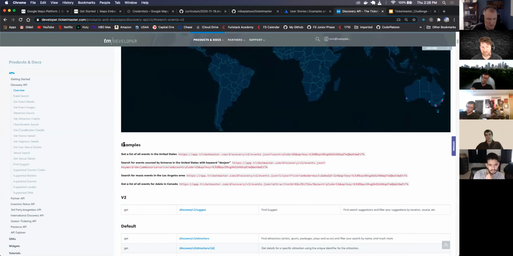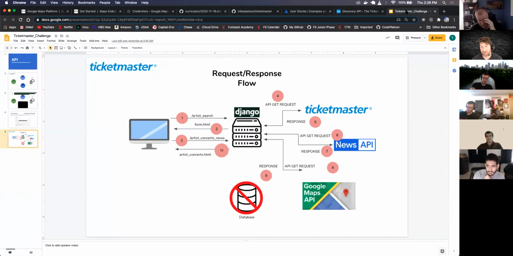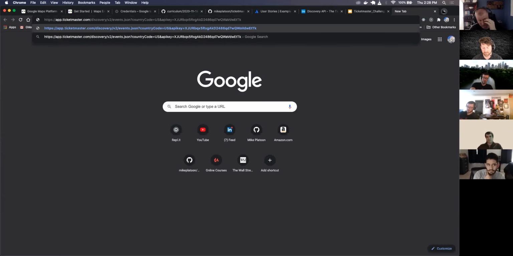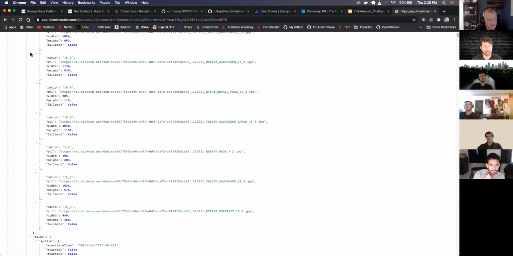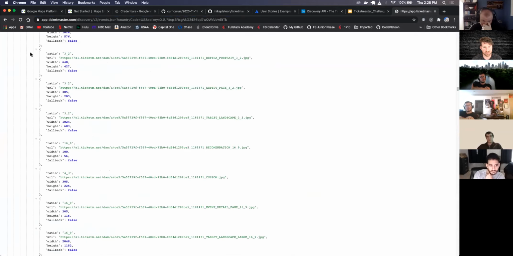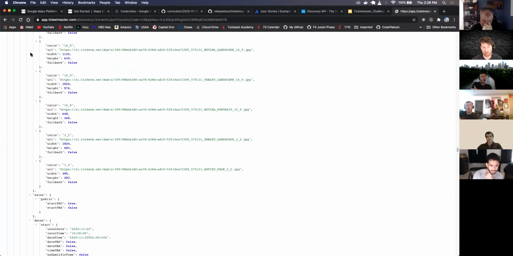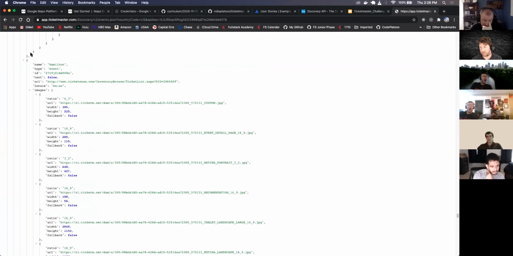Specifically, if you look up here, here are some examples of different API endpoints. If I click this and copy it into the URL, this is what I get back. This is JSON. Notice how big this JSON response is. So you have to parse through that data